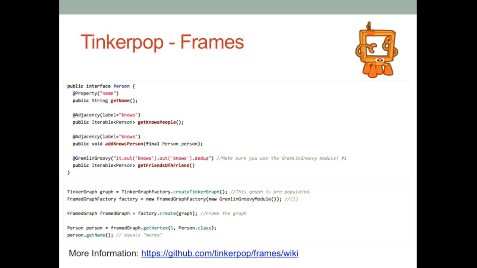And then loading them really is quite simple. The bottom there is a few lines of code. Once you have your graph object, they call it a vertex instead of a node. Even though I'm looking at it and it says vertex, my mind still thinks node, so you have to forgive me if I mix the nomenclature here. But it's really just say get vertex, give it an ID and the class you want, and it does all that mapping for you.